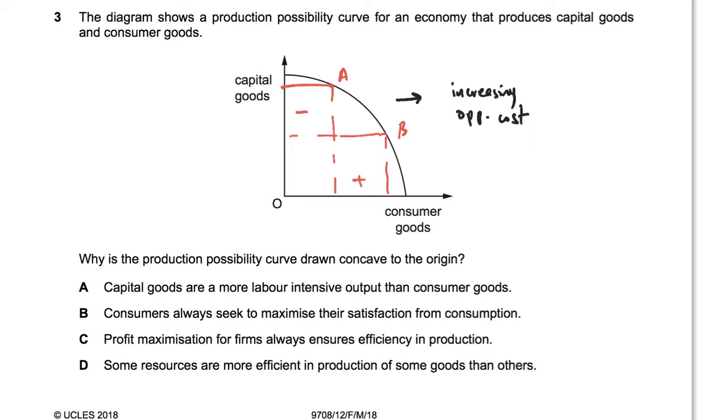And this logic is simply that some resources are more efficient in the production of some goods than the others. Because we're not equally good at making both goods, the opportunity cost is not linear, it's actually concave to the origin, which means that there are times when we are sacrificing some of capital goods for more of consumer goods by using those resources which are not truly ideal for consumer goods, but because we need more consumer goods, we end up sacrificing it.